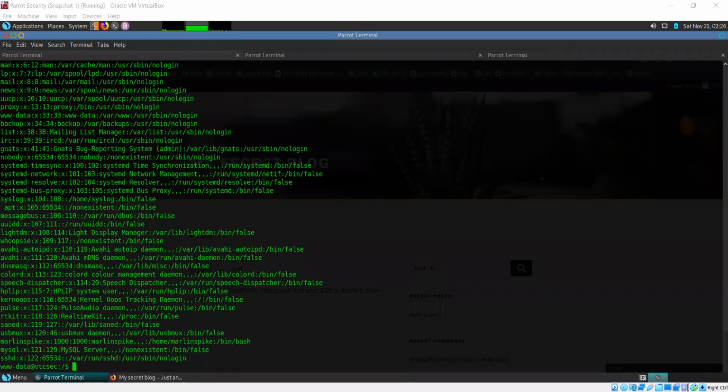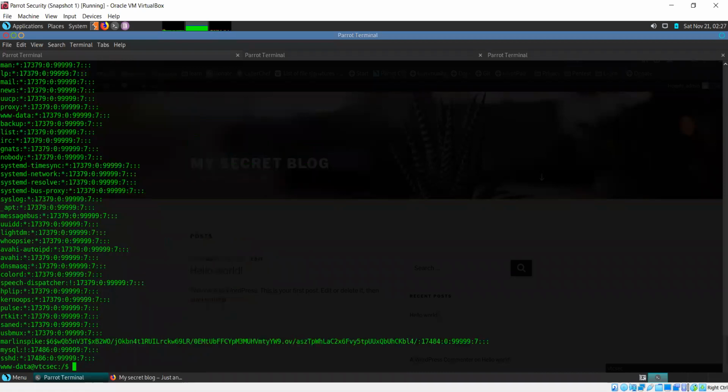Okay, earlier it used to be the case that the passwd file would hold the passwords, but now Linux uses a separate file known as shadow, which is also in the etc directory. So we're going to cat that. Now, okay, this should not be possible. The command that I ran should not have run, because the shadow file should only be accessible by root and not by any other user.